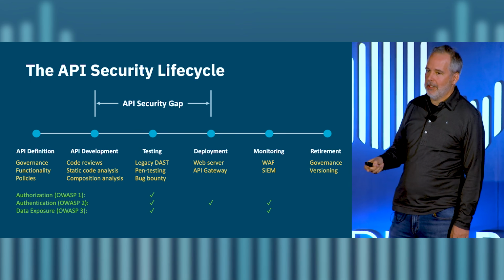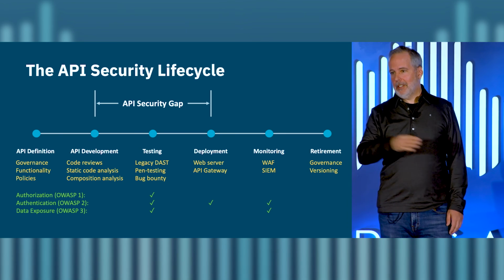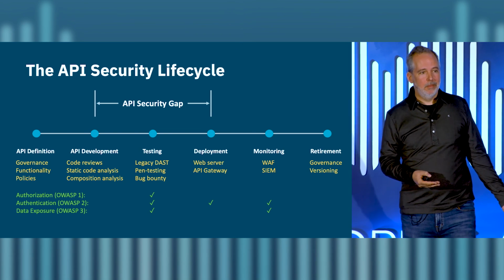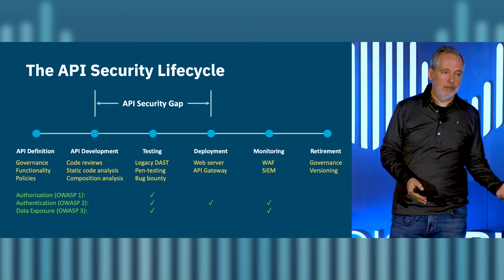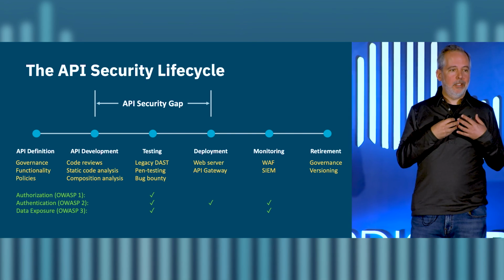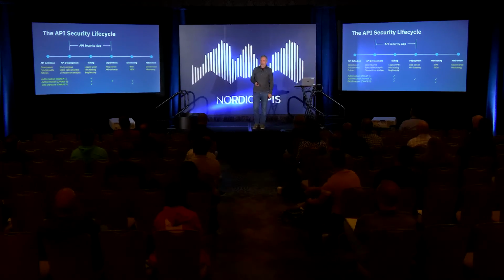Can you find authentication flaws, especially like no authentication? Well, that's pretty easy. Go to every endpoint with no credentials and see if it works. Now you know: is that by design or is that a flaw? Data exposure: query everything you've got and look at the data coming back. Is it sensitive? Is it appropriate for the use case? And yes, you could do some of this later on, but all things equal, wouldn't you like to learn this earlier, before it ever goes live, while the developers are creating the APIs?